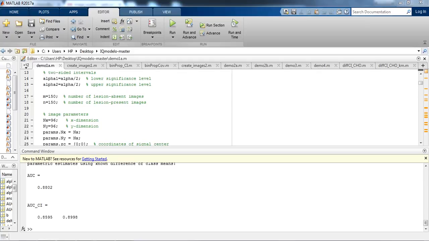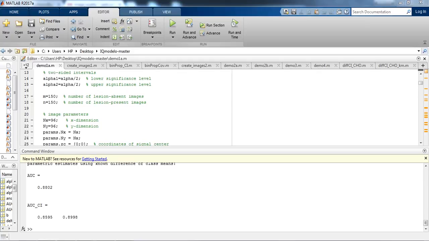So first we need to understand what model observers are. Model observers are basically a mathematical classifier that are used for the quality assessment of imaging systems. See, we have various medical imaging like computer tomography, CT scans, MRI images. So these images need a quality assessment. That's why we are using model observers to assess the quality of those images.